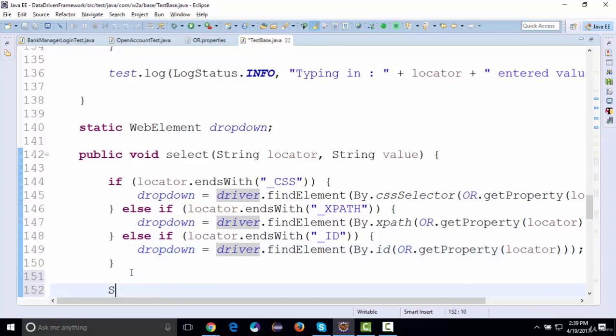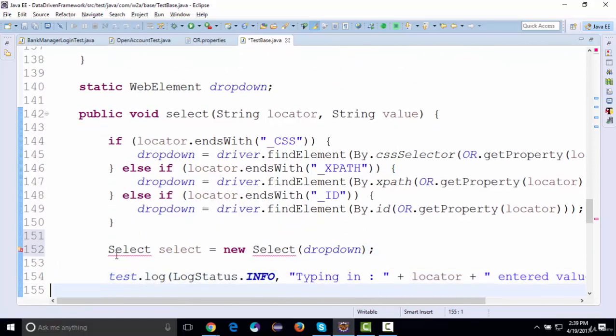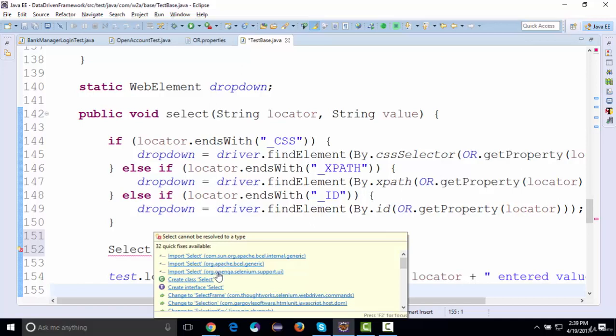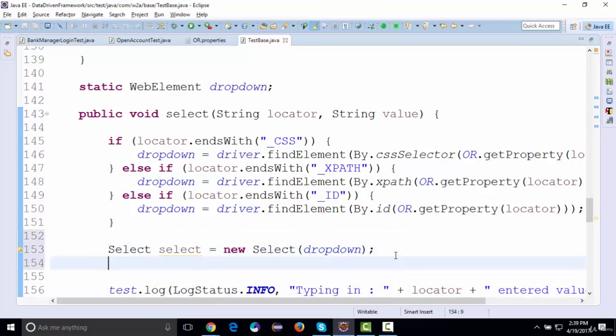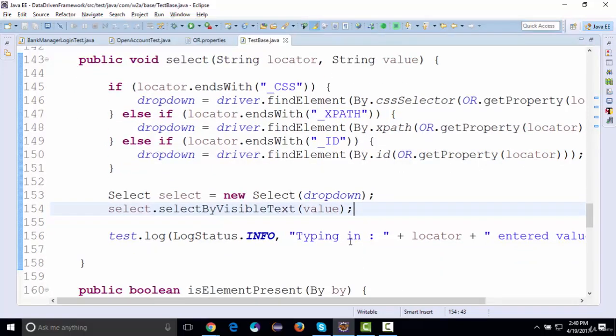And then I'm going to create an object of select class. I'll say select equal to new select, and we're going to pass the drop down over here, whichever drop down is actually selected. Right. So let's import this through Selenium, and then we're going to say select dot select by visible text, and in the text we can give the value. So whichever value we provide over here, this select class is going to select that value in the drop down option. So over here in the info I can say selecting from drop down